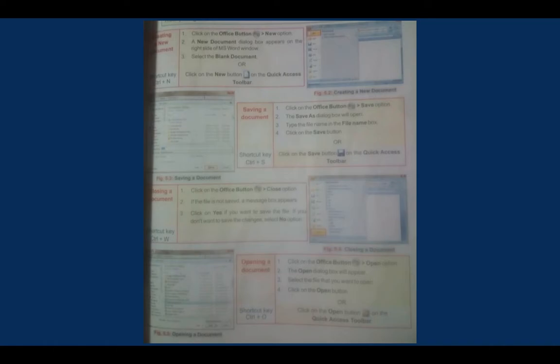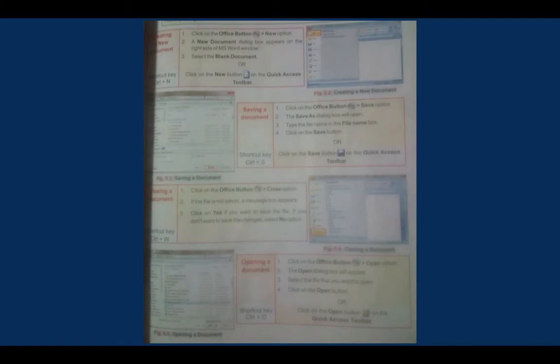In the same way, I want to save the same document. When I have opened it, I want to save it. One option is Office button, Save option. Second one, Save As. Now here is a small difference between Save and Save As. When I save a file, it will save wherever you save your file in your folder.